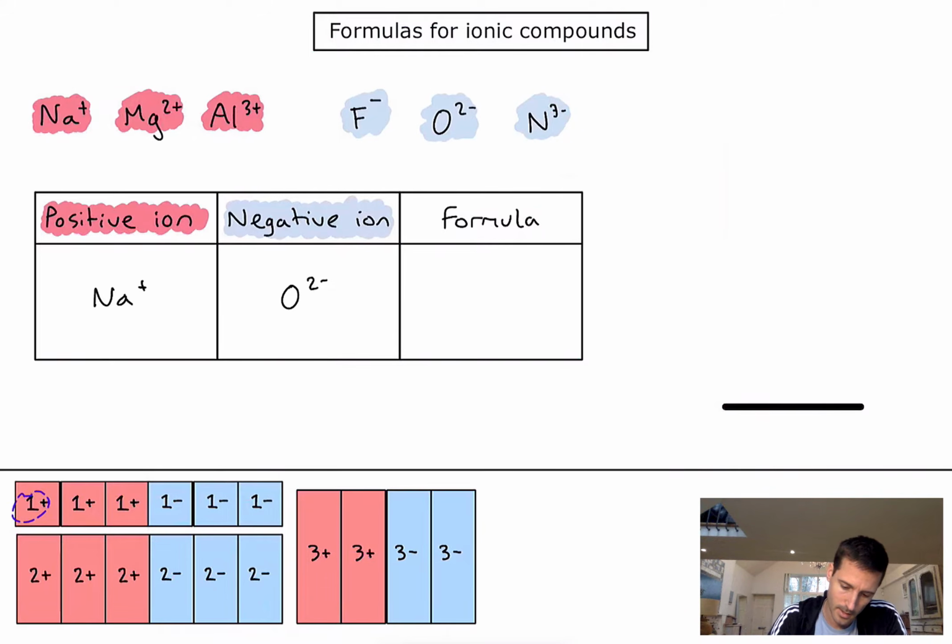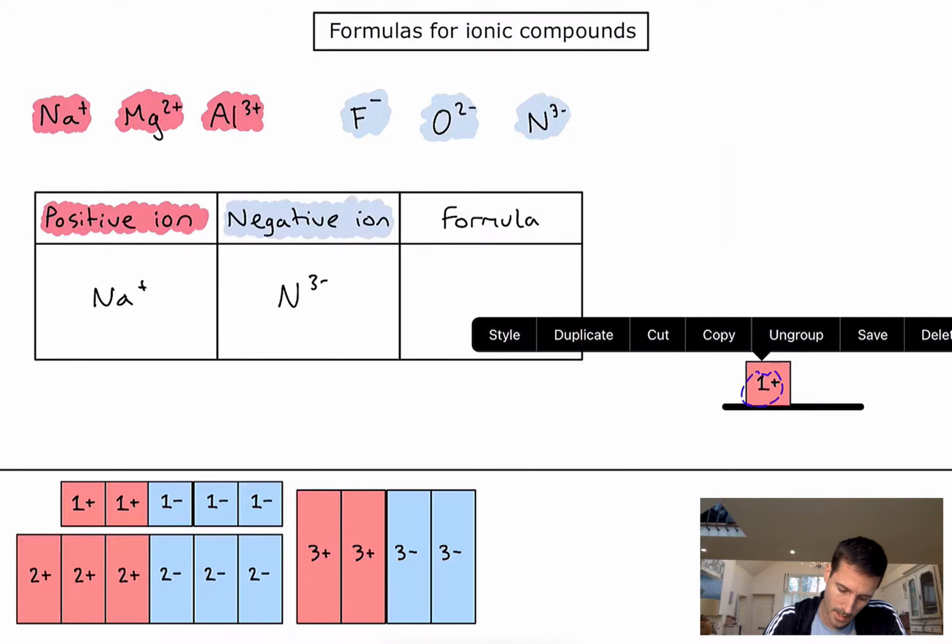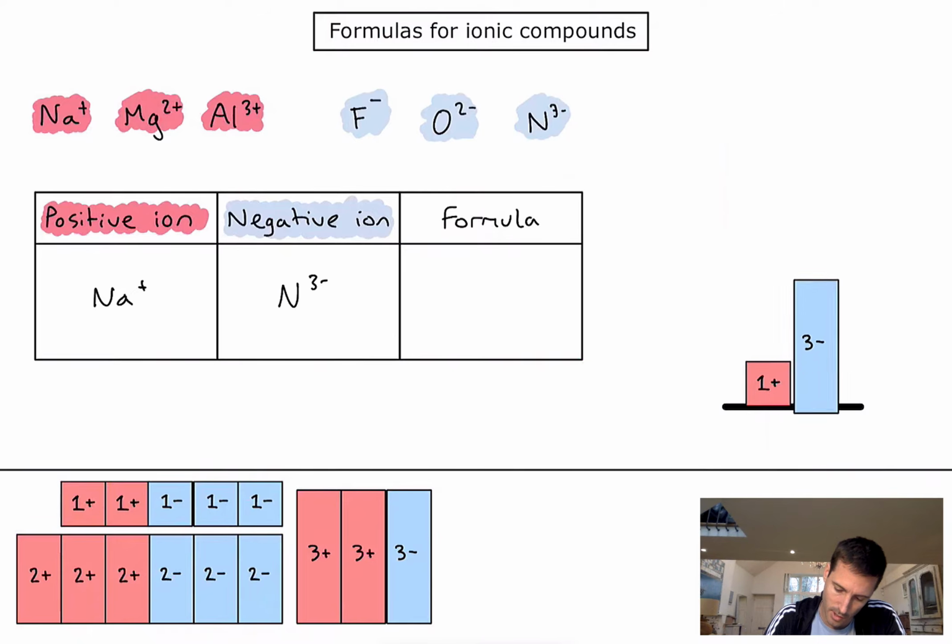Move those back. Let's take sodium and the nitride ion. Nitride ion has three negative charges. So again, if I use my little scale, let's take my one sodium. Nitrogen has three negative charges. And you can see at this stage, the charges are definitely not balanced. So what do I need to do? Well, I can take